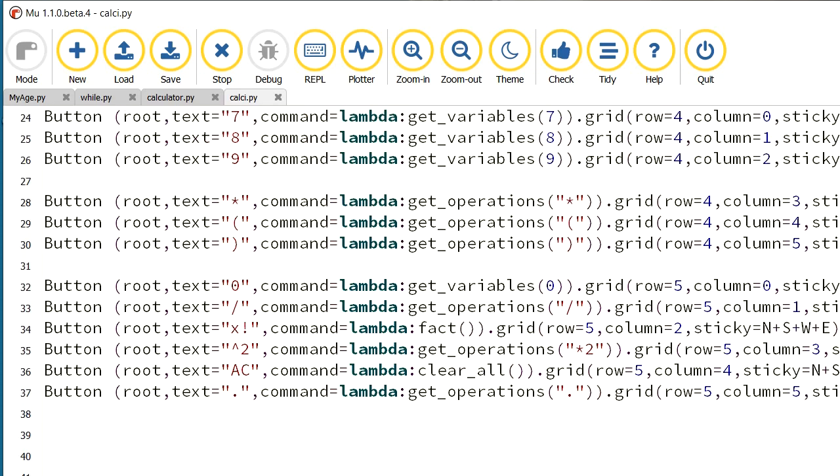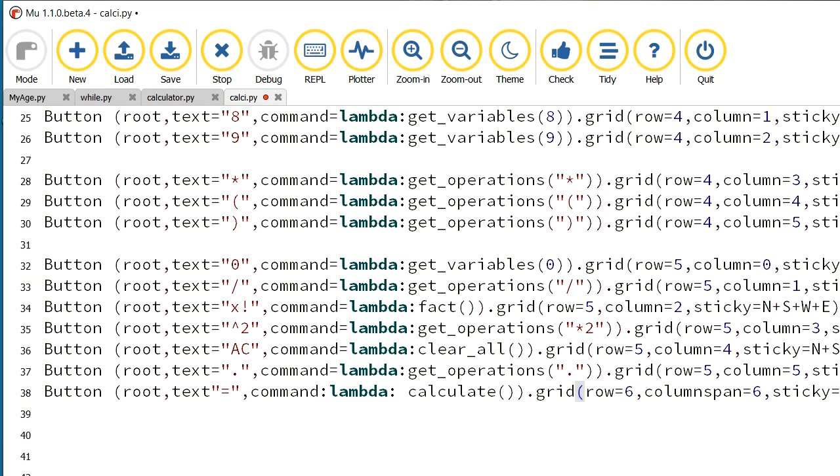Okay, let's add, but it is a button, so we add it as a button. Button we are going to add in root. Text is equal to symbol, command same thing, lambda. It will send here. When we press the equal to button, what should happen? The result of the expression that is in the display line should display. So for that we have to do the calculate. So we have to write the calculate function, seeing it in the grid. What we have to do is add the functions one by one.